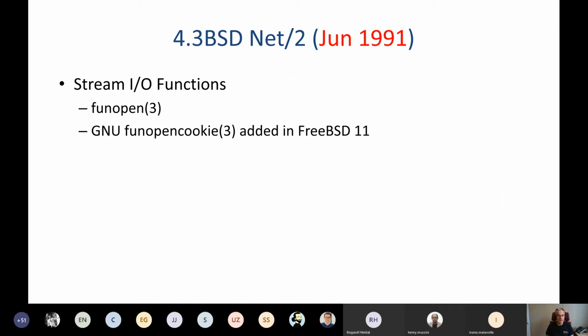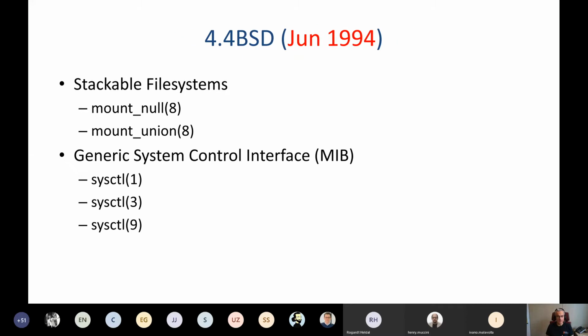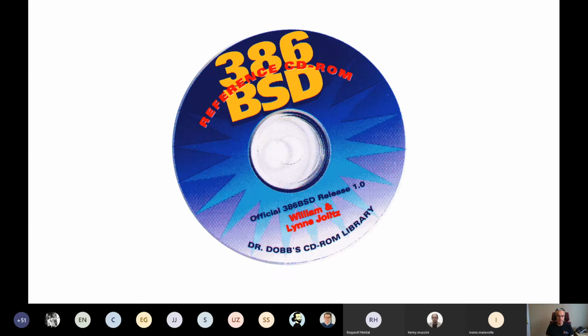4.3 BSD gave stream IO functions. Again, a very interesting abstraction, but very little used despite its importance. 4.4 BSD, stackable file systems and the generic system control interface. And with 386 BSD, we have releases that were done by volunteers through a magazine called Dr. Dobbs Journal, and